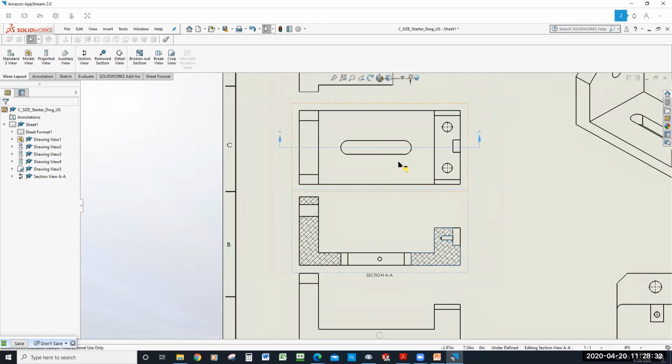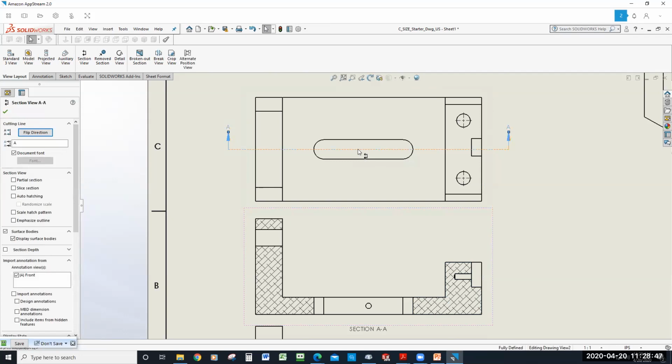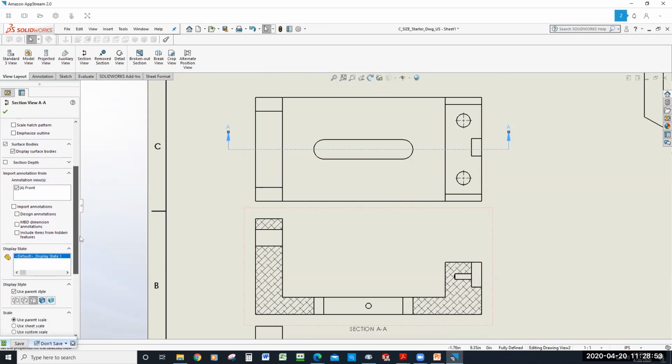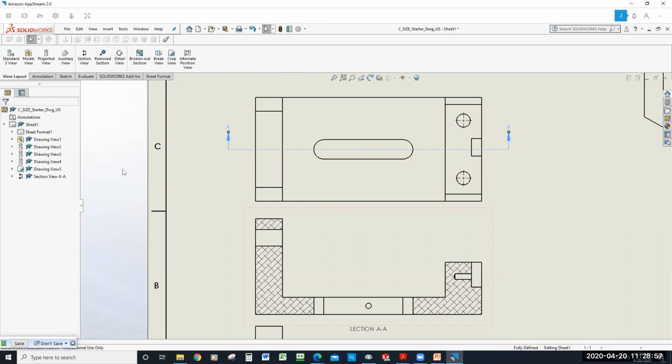The other thing that the instructions for the P39 asked you to do was to change this cutting plane line, because right now it shows as a dotted line, and you want to change that. Well, you can't do it. I can't do it here. I can highlight this, but there's nothing that gives me any way to change what that section line looks like. So the instructions for the P39 said go to